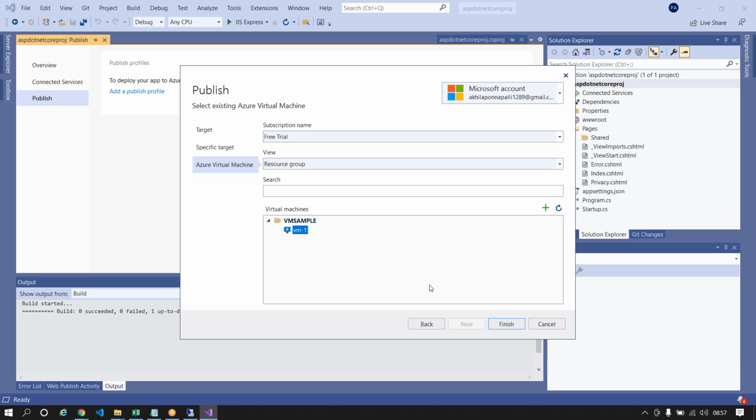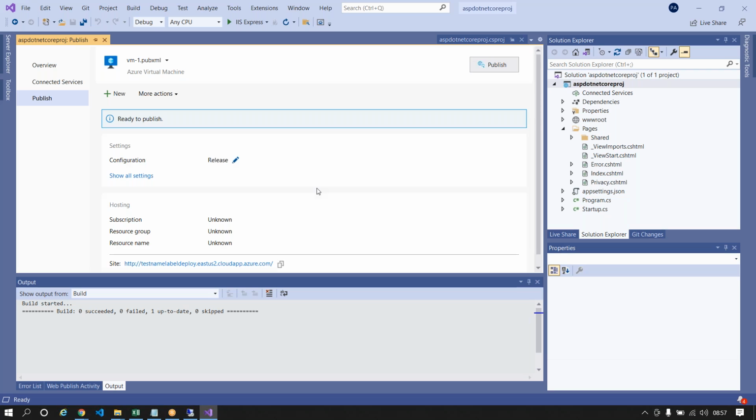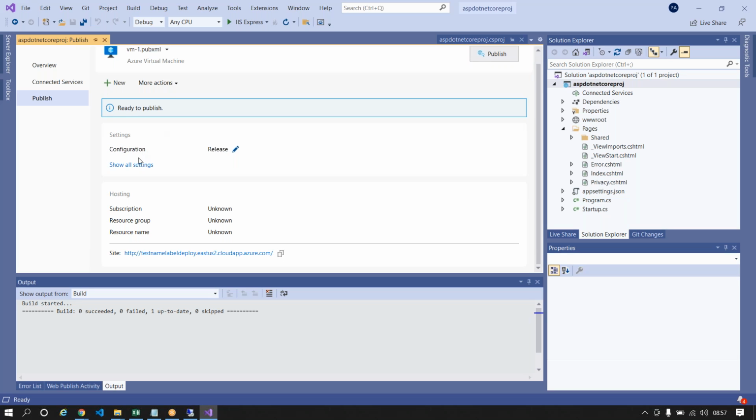And now it's not giving me any error out there. Earlier it was giving a lot of errors, and if we wouldn't have done the entire procedure, your deployment wouldn't go at all. I'll say finish, and it will now go ahead and create something known as a publishing profile out here. And what I'll do here is I'll say, okay, fine, show all settings,